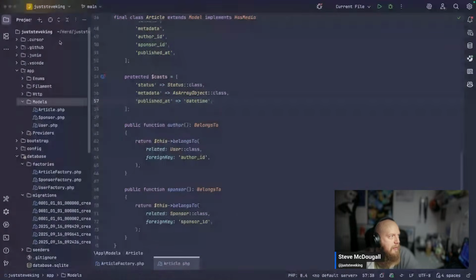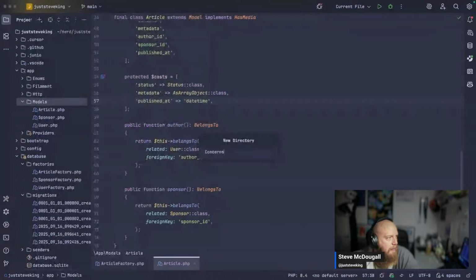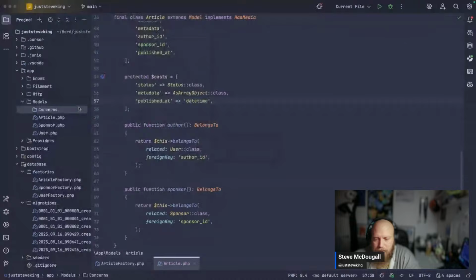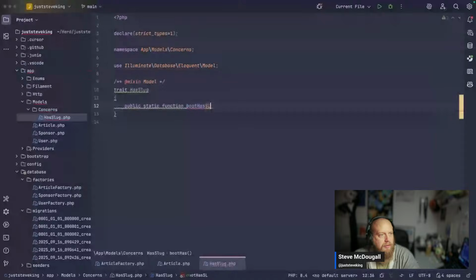Side models. We're going to need a concerns directory there, and we can add a HasSlug trait. I'm going to add a mixin up the top for model. Slug. Going to return void, and then static creating